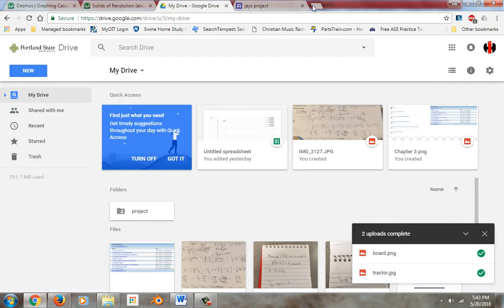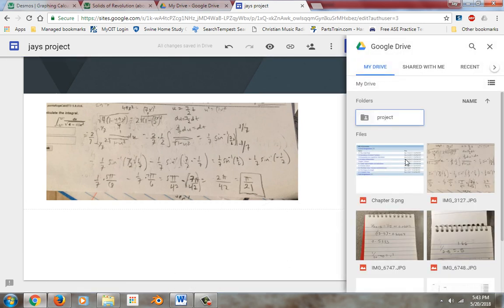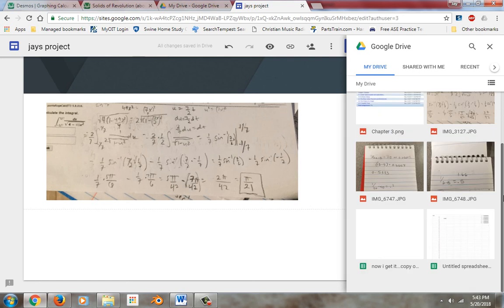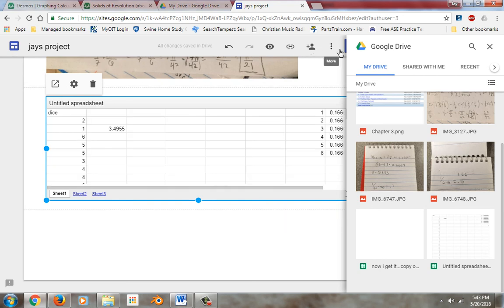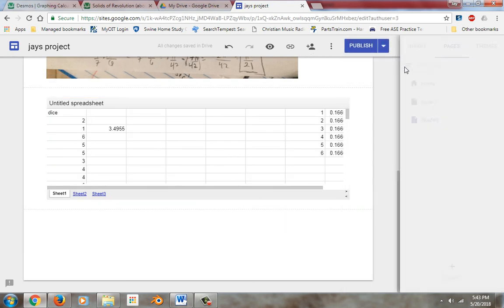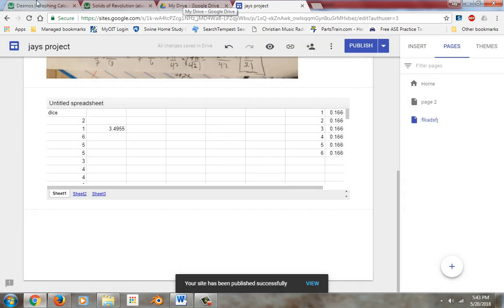Okay, so I'm back. So over here, I'm just going to come down this page a little further, double click. I'm going to add from Google Drive. But I'm going to come up here and I'm going to find this spreadsheet right here. Okay, I'm just going to put that spreadsheet in. And in theory, because it's not shared, at least I'm pretty positive it's not shared, it should not show up